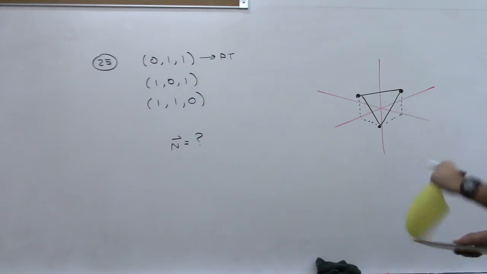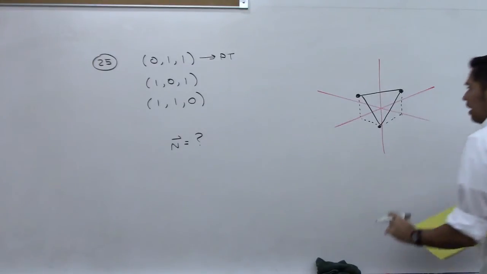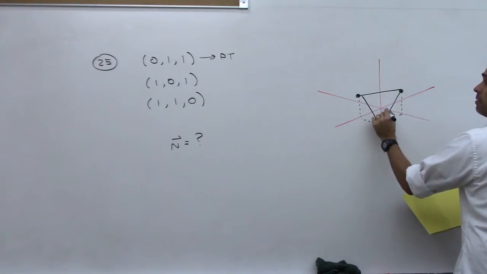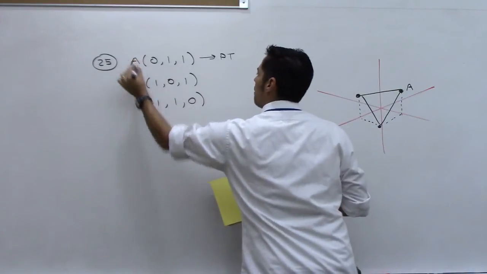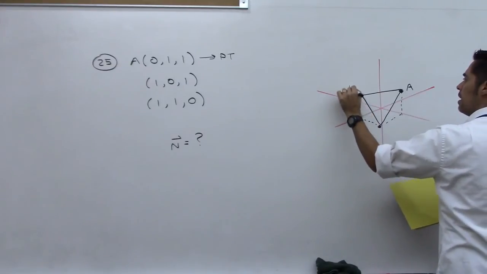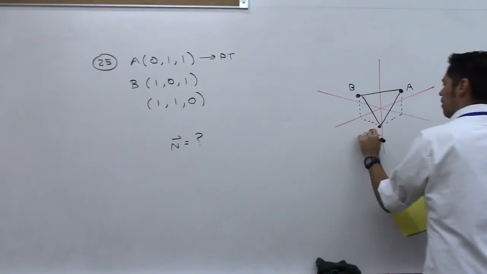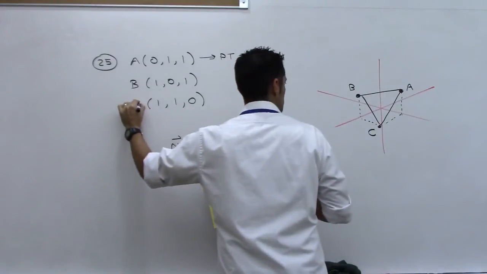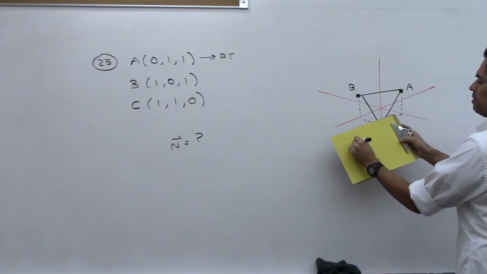Okay, so look, here's what I'll do. Sorry about that. Doesn't matter. I've got 3 points. I'm going to label them now. 1, 1. This is A, so that's A. B is 1, 0, 1, so this is B. And then C is this one right here. C. Okay. So if I take these 3 points in space,